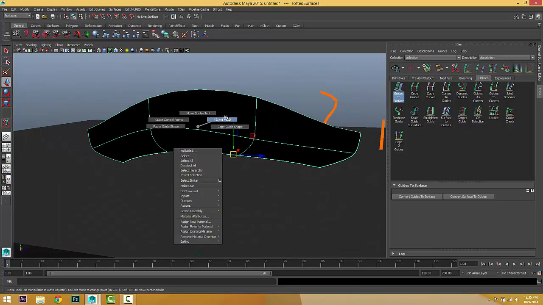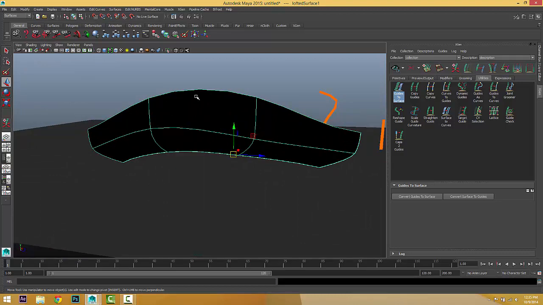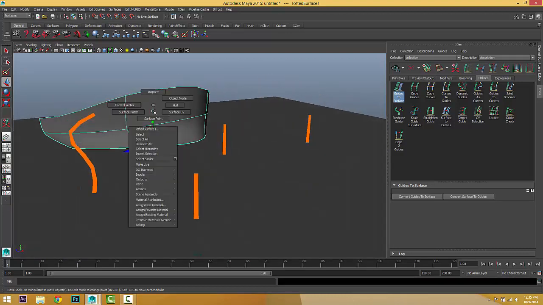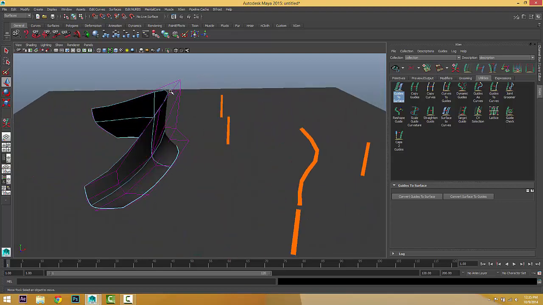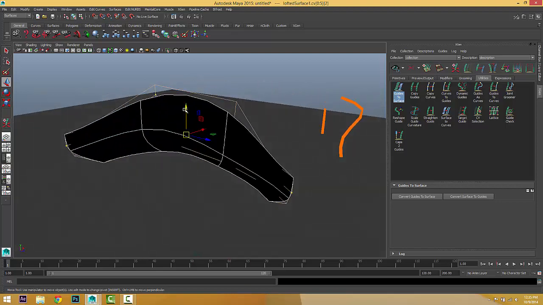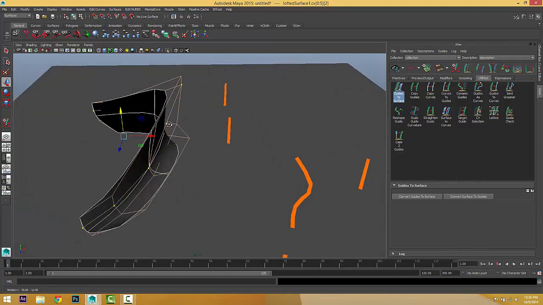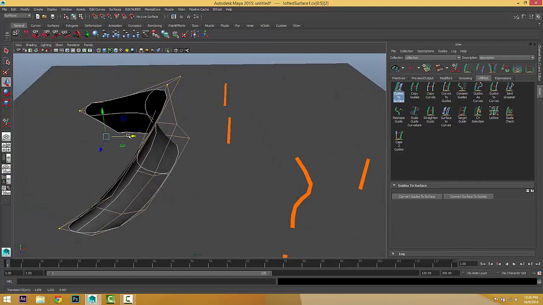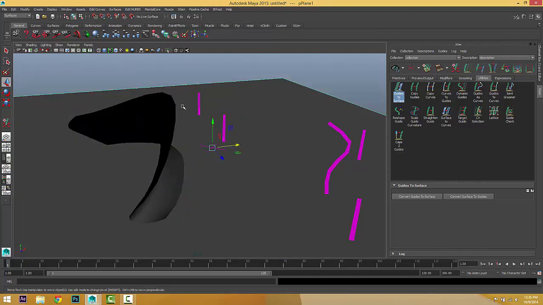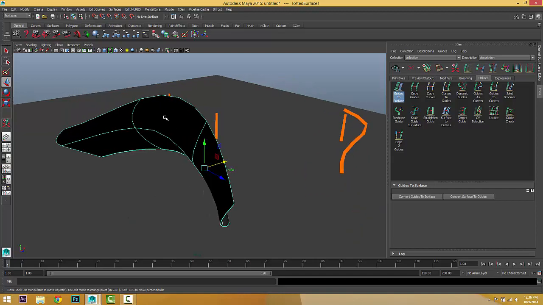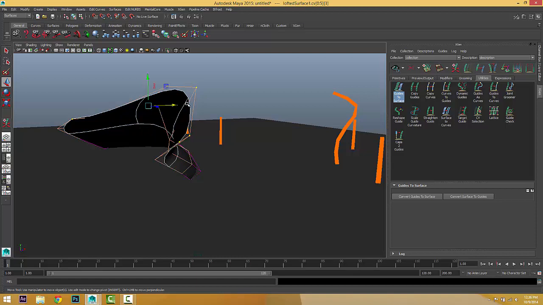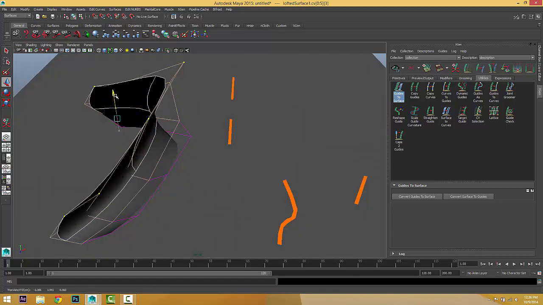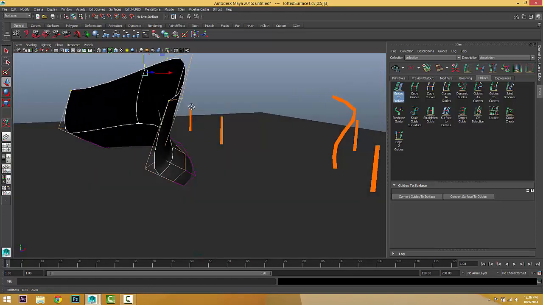For example, just select the surface, go to Hole, select this hole and maybe move it this way, and select this one, right click, choose Hole, and maybe move this upwards.